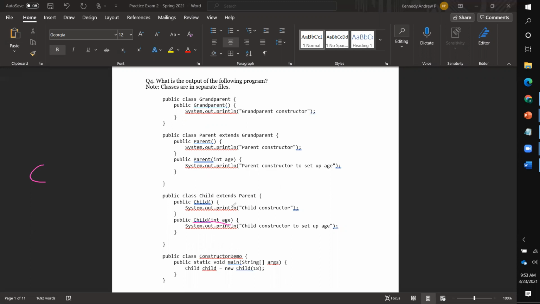So because every child extends from parent, when you make a child object, you also have to make a parent object, right? Because a child has to also be a parent. The only way to make an object is to call the constructor. So somehow you have to make a parent, so you have to call the constructor. And when we do that is actually the first line of our child constructor, right? Because it extends parent,